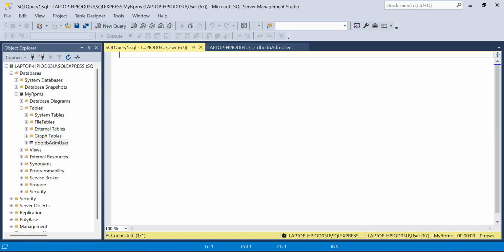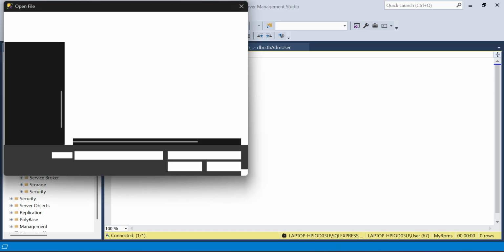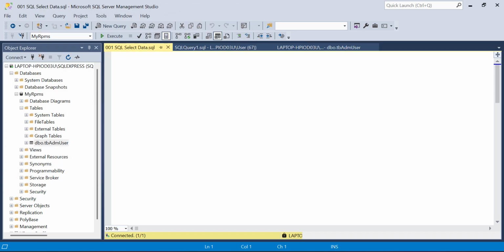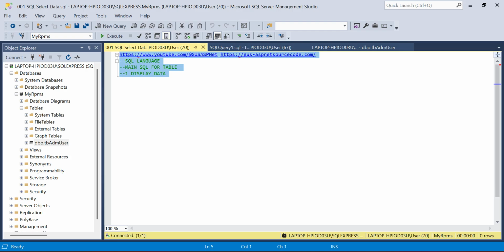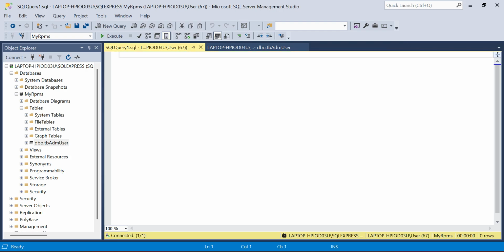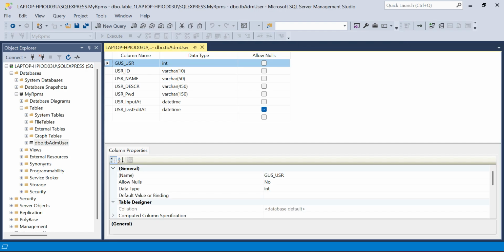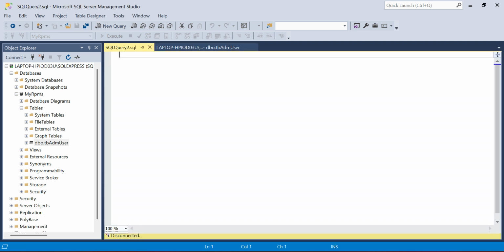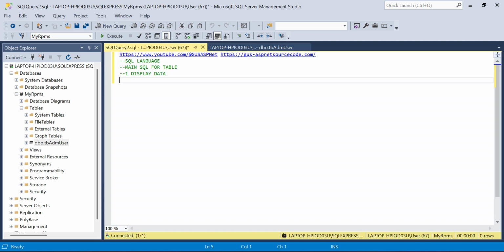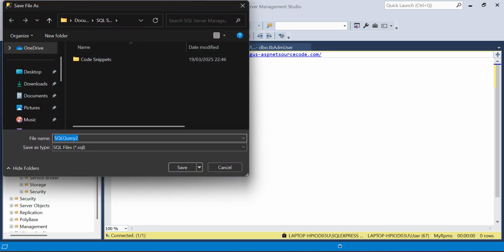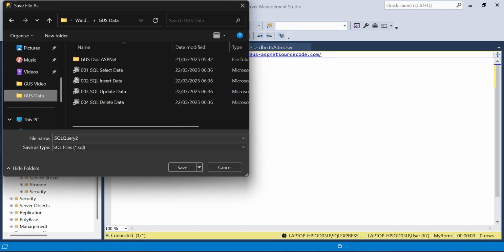Click this new query. Okay, I repeat, click this new query. Let's save. I don't want to lose this file, so I will save it into my computer.